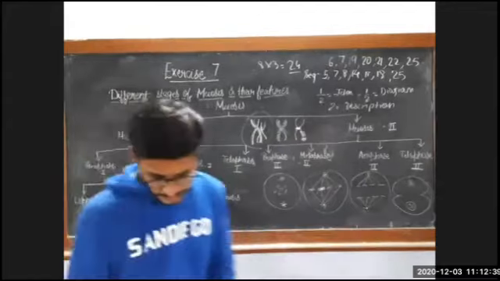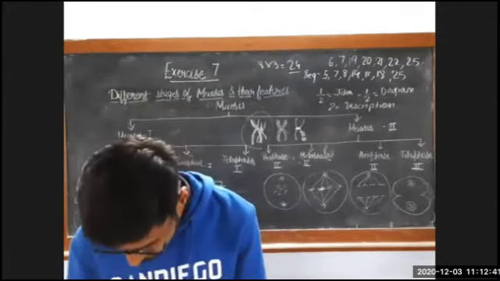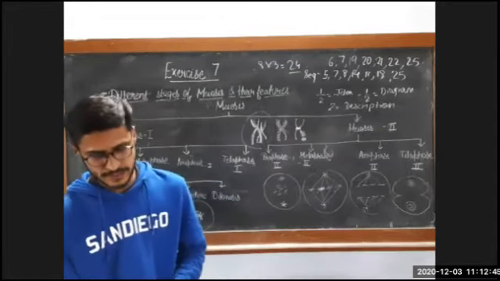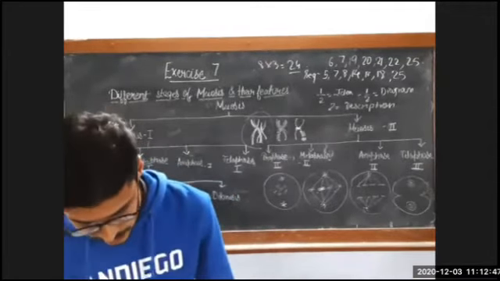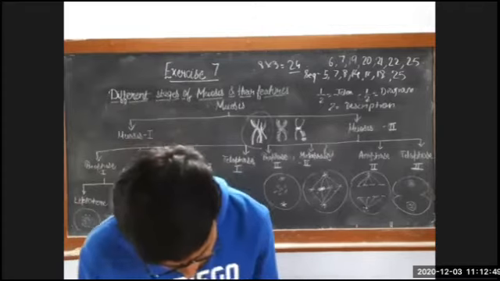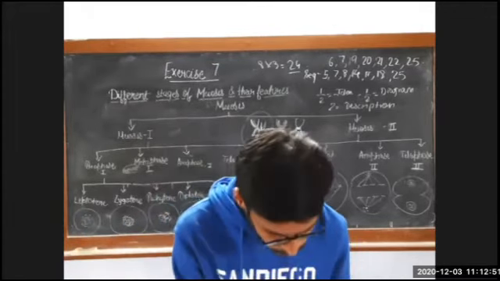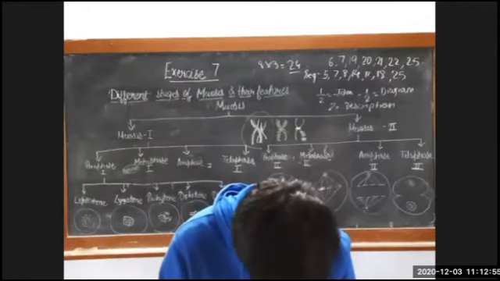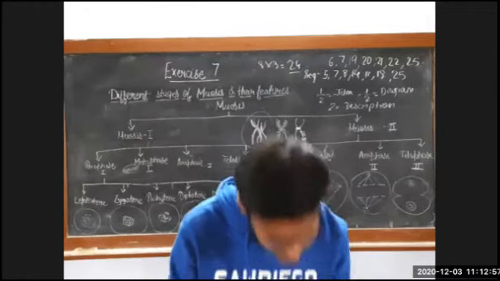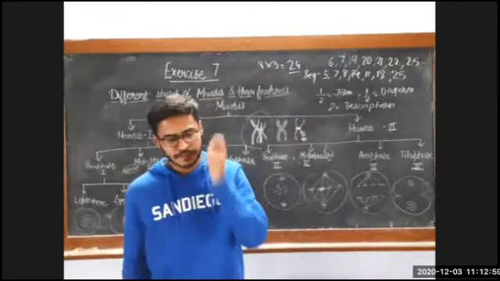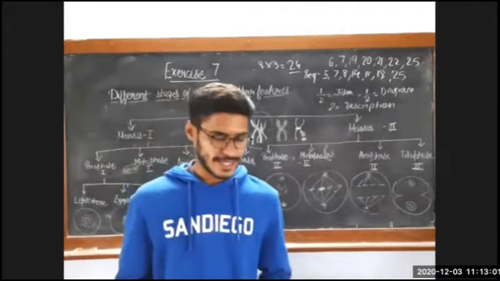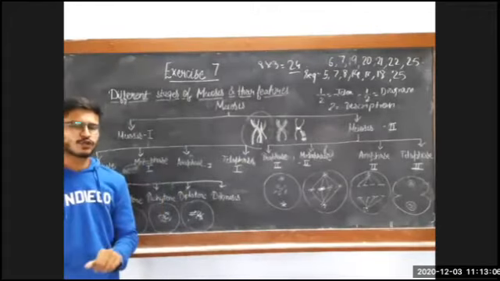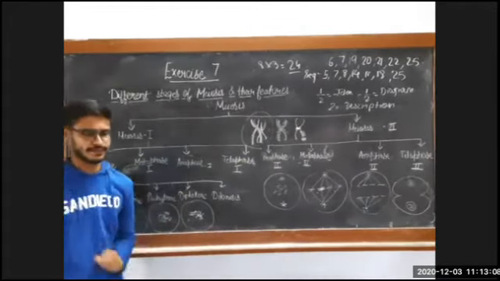Now we'll just note down in your journal, just draw the diagrams, because it is better in the journal than in the manual book. Now go to the next exercise, that is the blastula stage of embryonic development in mammals. This was exercise number 7. Now what I'm talking about is exercise number 8.